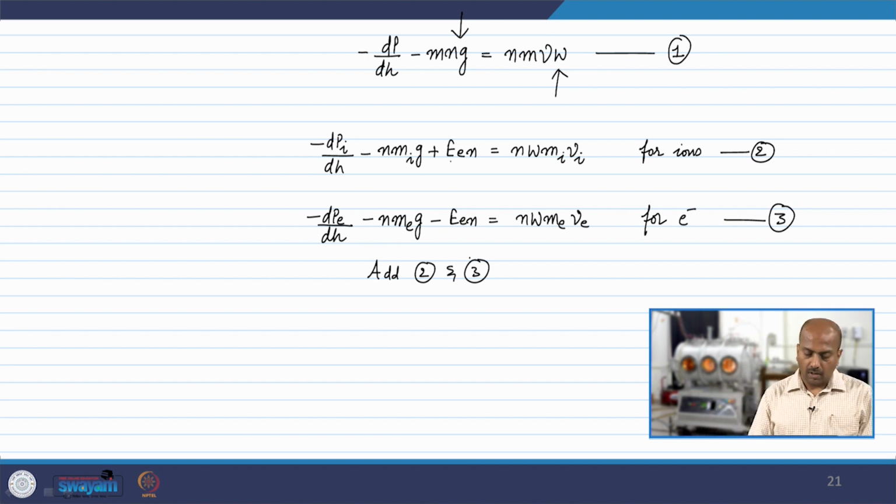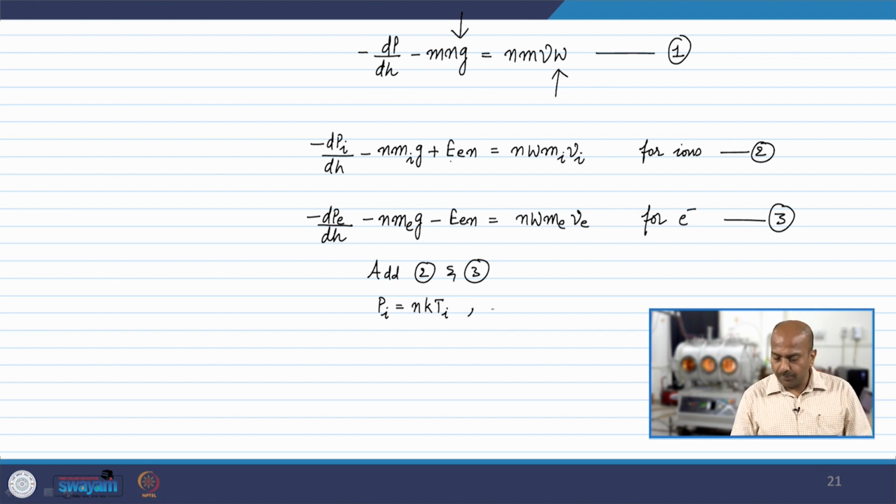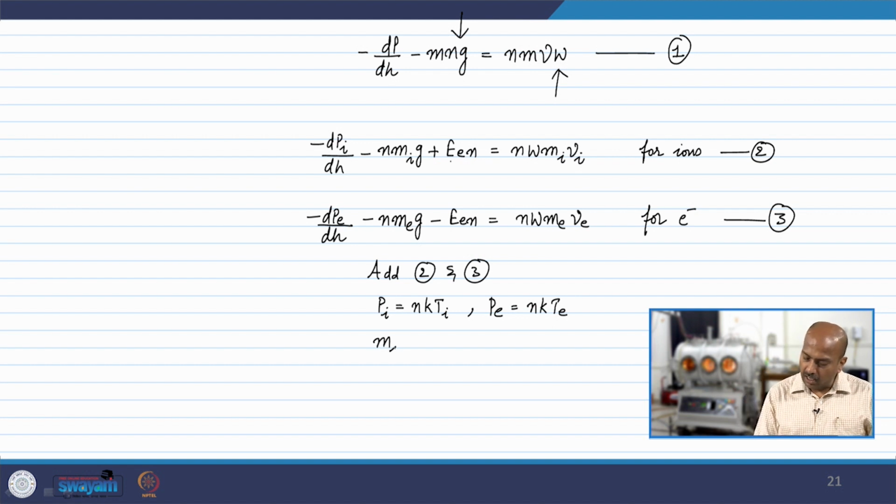So, the partial pressure Pi is n k Ti, the partial pressure Pe is n k Te, right, and with the understanding that mi will be much greater than me,